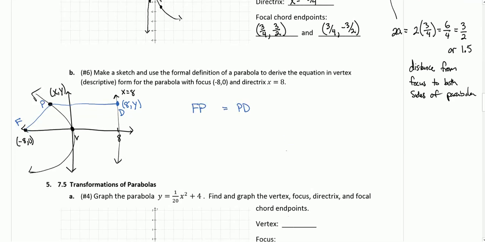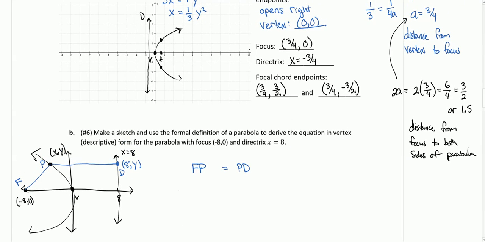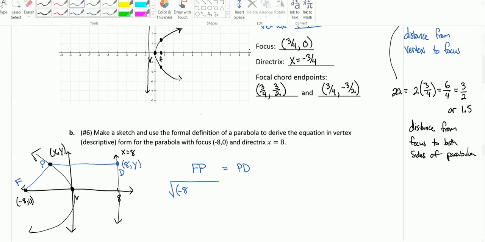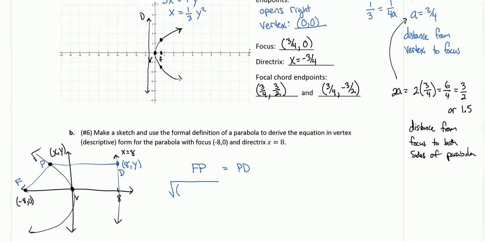So the distance from F to P is equal to the distance from P to D. Using the distance formula, point F has an x value at -8. Actually, sorry, I'm going to start with P and then go to F. So P has an x value of x minus the x value -8 from F. Square that, plus P has a y value of y minus the y value of F squared is equal to P has an x value minus the x value of D squared plus